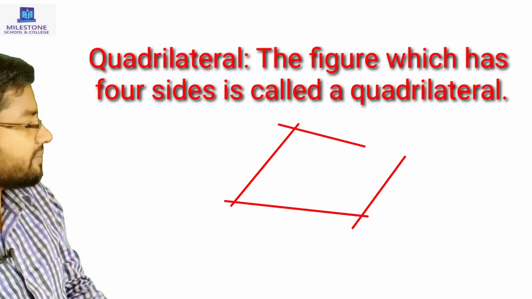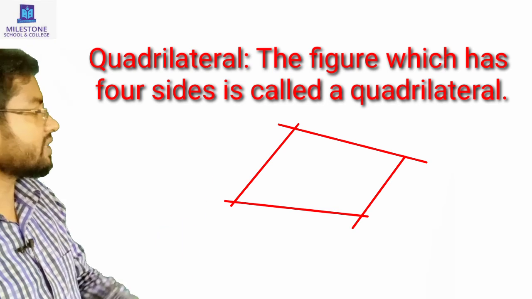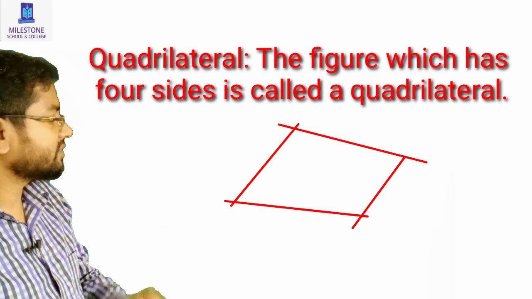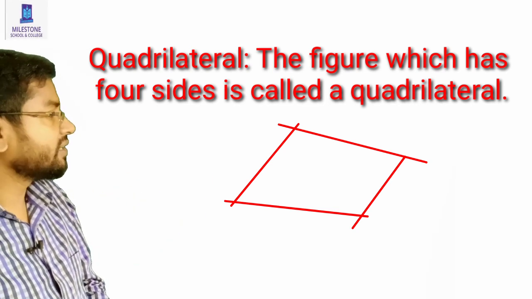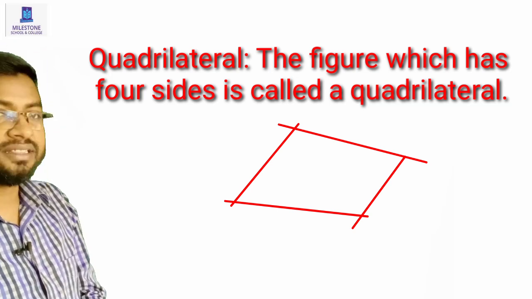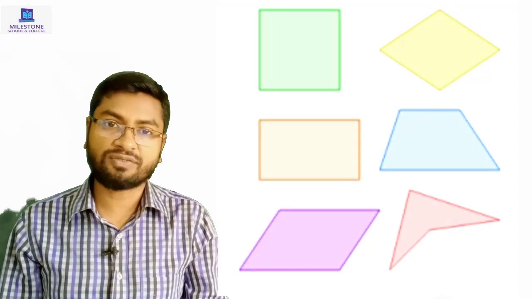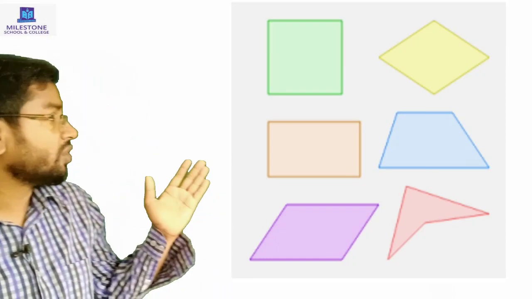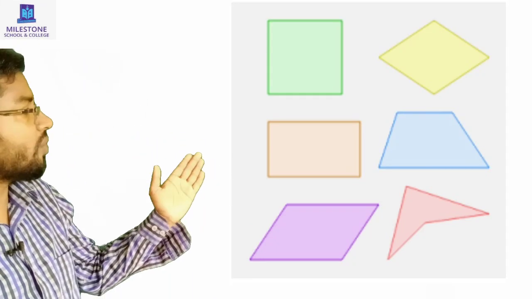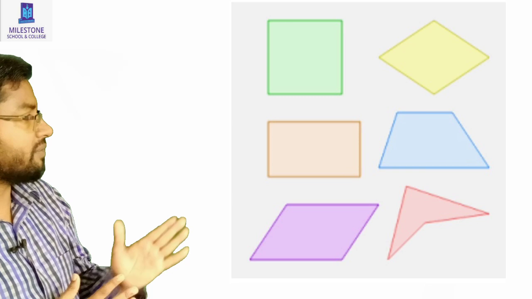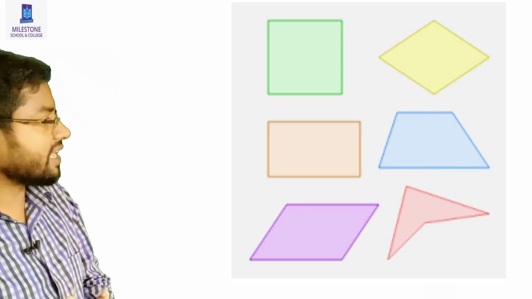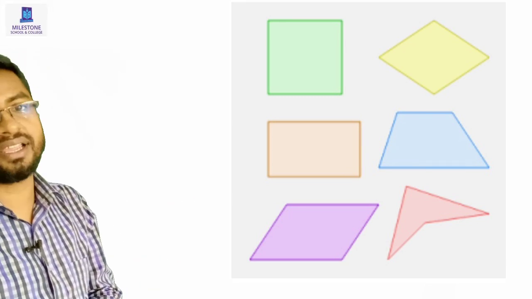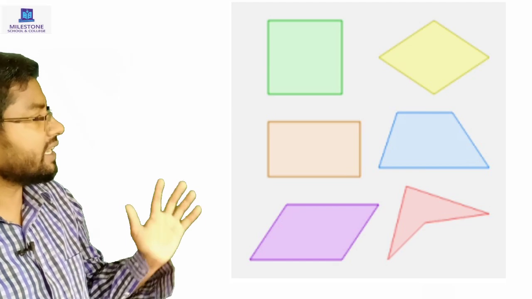See the figure. It has four sides, so it is a quadrilateral. There are different types of quadrilateral. See, all the figures are quadrilaterals, but depending on the figure, sides and angles,